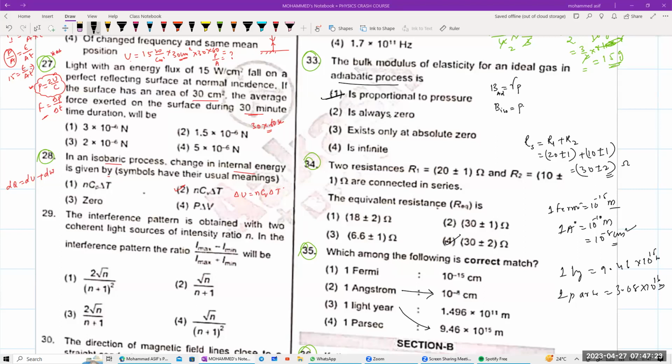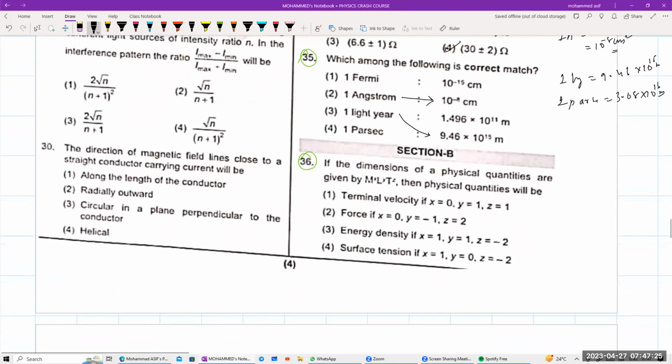नेक्स्ट क्वेश्चन, क्वेश्चन नंबर 36 ट्राई करिए। The dimensions of the physical quantities are given by M^x L^y T^z। ये क्या है बेटा? M पावर x है, L पावर y है और T पावर z है। Then the physical quantities will be टर्मिनल वेलोसिटी होगा या फोर्स होगा, एनर्जी डेंसिटी होगा या सरफेस टेंशन होगा।